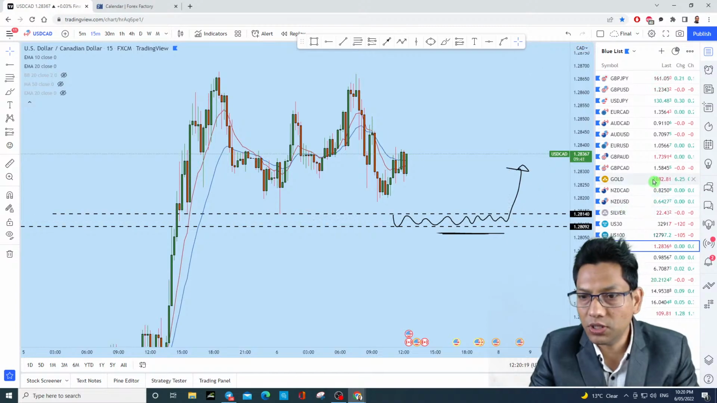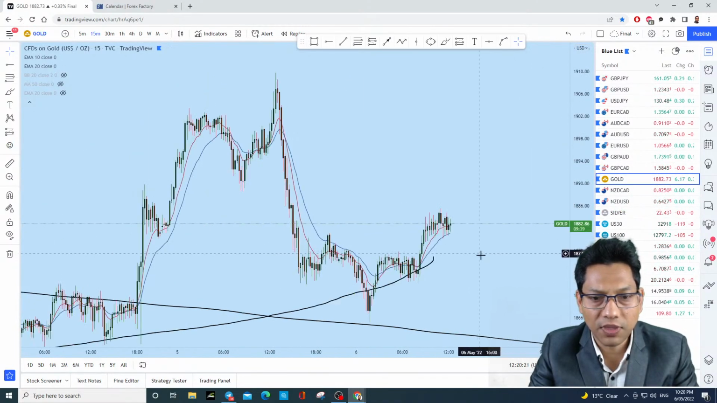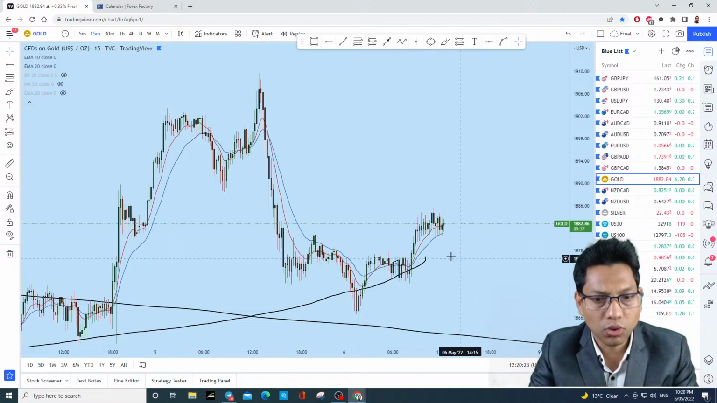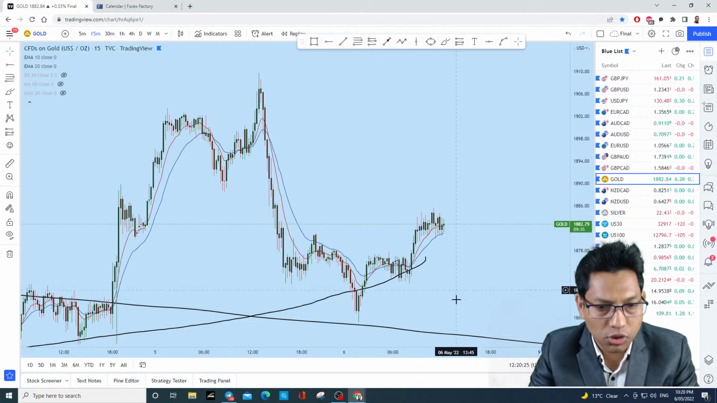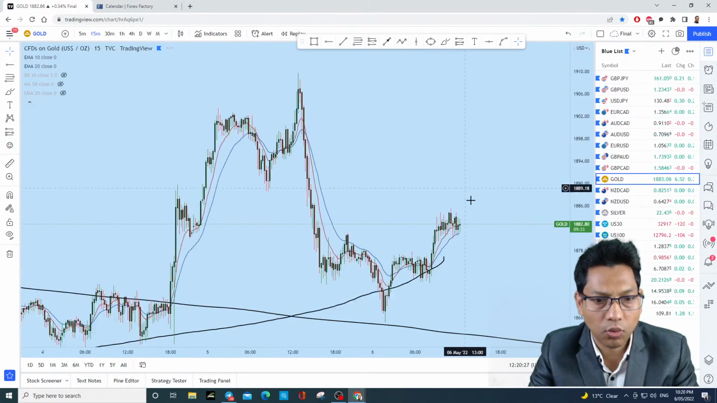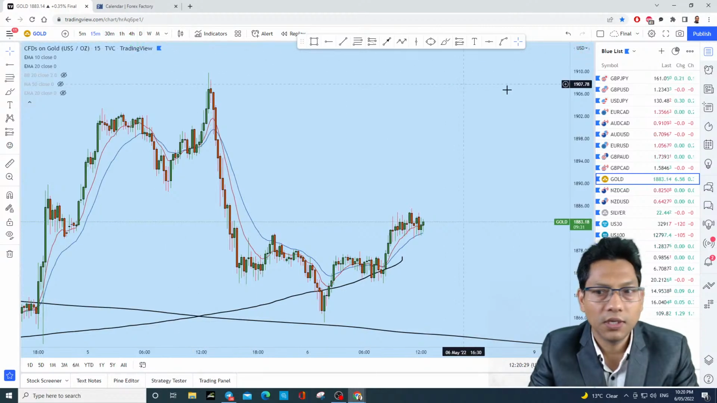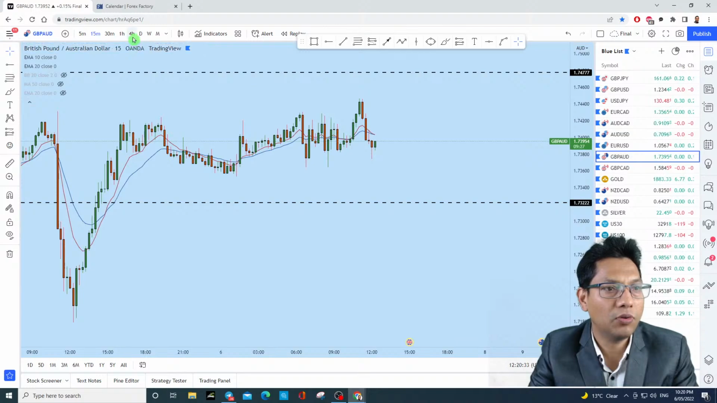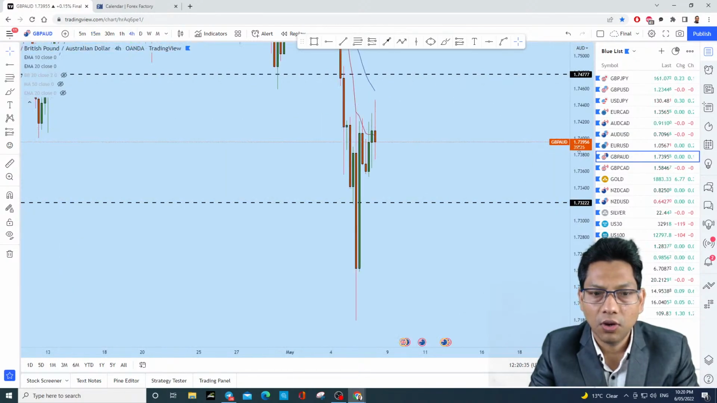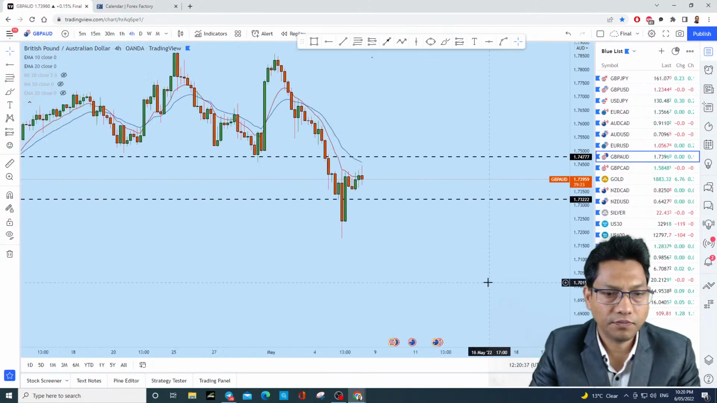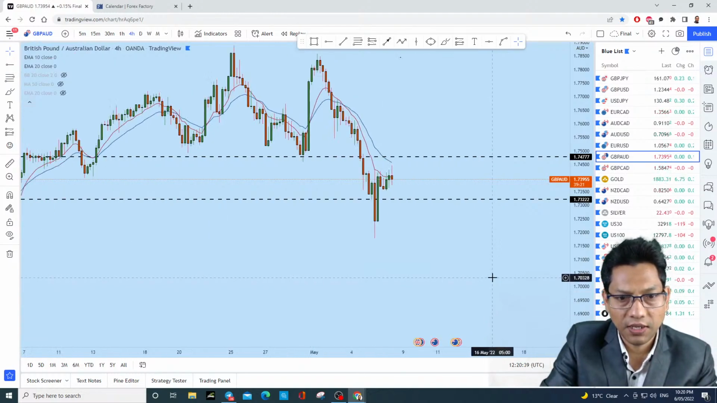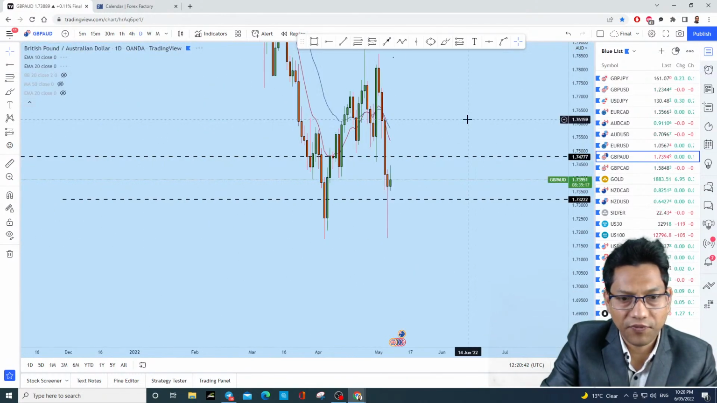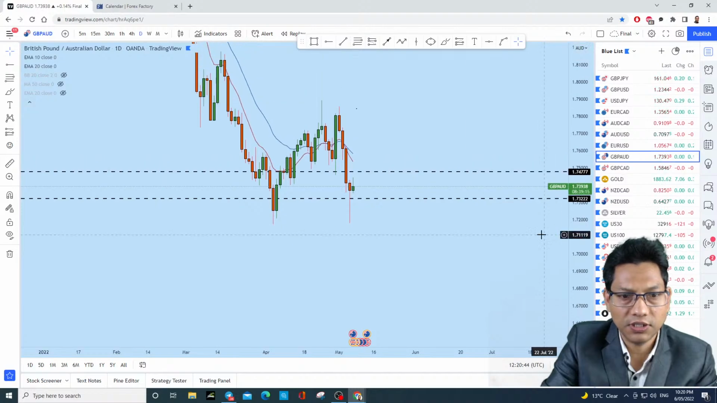So this is USD CAD. Gold is doing the same thing, it looks like it's bullish, and it will also come down, break, and then push up. GBP AUD, I got a request for GBP AUD. Let's see the 4 hour first. GBP AUD, let me see a bigger time frame. This is the daily